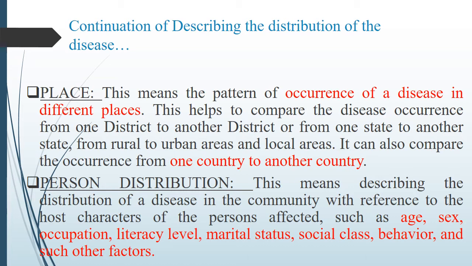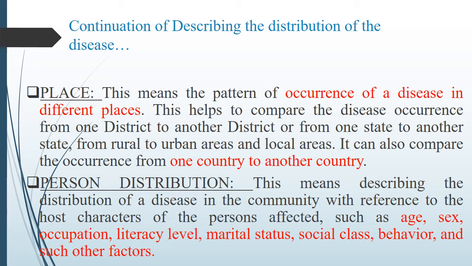National variation means the disease may be present all over the nation. Example, leprosy or endemic goiter, lathyrism. These are some of the examples. Coming to rural variation, what kind of disease will be in rural areas? Mainly communicable disease will be available. Example, skin infections, skin diseases and hookworm disease. This kind of infection will be present in the rural area. And in the urban area, what kind of disease will be present? Mental illness and drug dependency or cardiac illness or cancer. This kind of disease will be present.